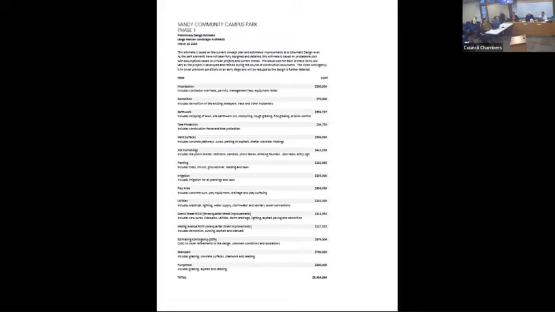Certainly we relied on ARC and their expertise in terms of square footages for the skate park and pump track, and then also estimating frontage improvements along Scenic and Minot. So right now, the total cost for those improvements, we're hovering right around $5.4 million.